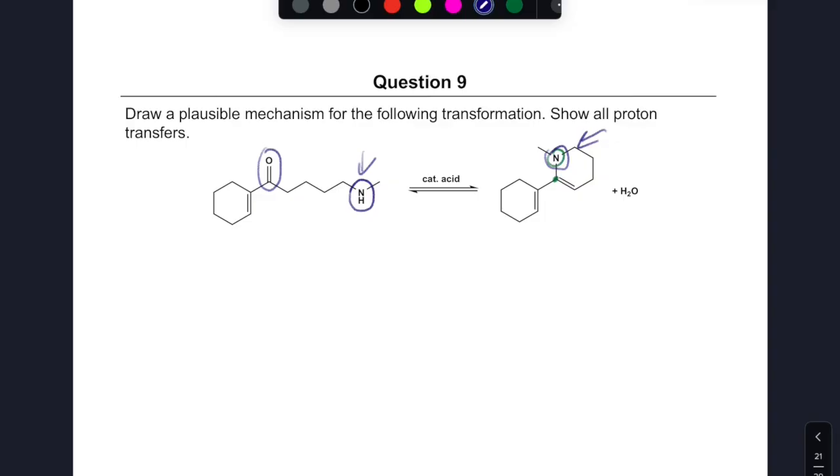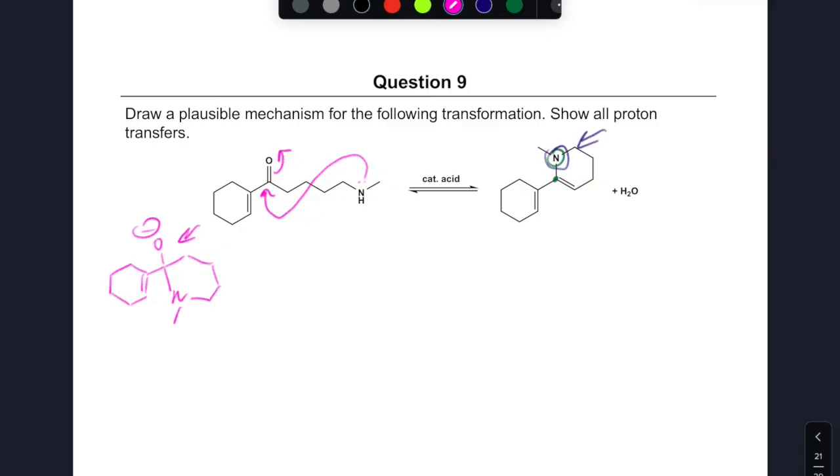So the mechanism we're going to do here is a condensation reaction. This is our standard reaction conditions where, and again, you can open it in a couple different ways, I'll show you the way that we did it in our notes. The lone pair neutral is going to attack our carbonyl directly to give us a zwitterionic intermediate. And we've asked you to show all proton transfers, so we're going to do it longhand. So that's going to give us our O minus, and like we said, this is a 6-membered ring, so I'm just going to draw this out where it's the nitrogen bent over